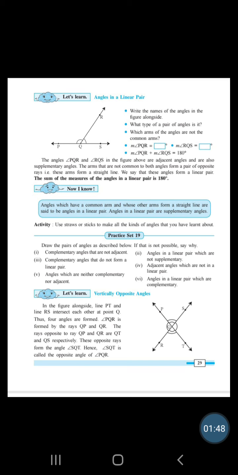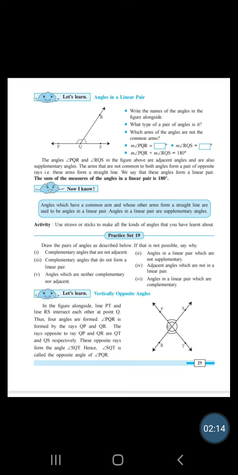Here also it happens the same. When there are 2 angles that after adding become 180 degrees, they are called supplementary angles, also angles in a linear pair. It shows in the figure angle RQP and angle RQS, which after adding will make